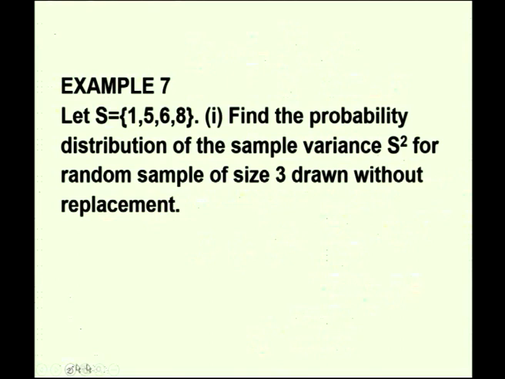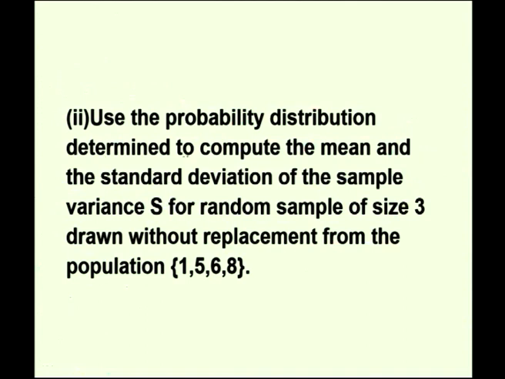Now, we shall work out this problem where the population is directly given. You have to draw samples of size 3, drawn without replacement, and find the sampling distribution of the sample variance. Using the sampling distribution for sample variance, use the probability distribution determined to compute the mean and standard deviation of the sample variance S square for random samples of size 3 drawn without replacement from the population